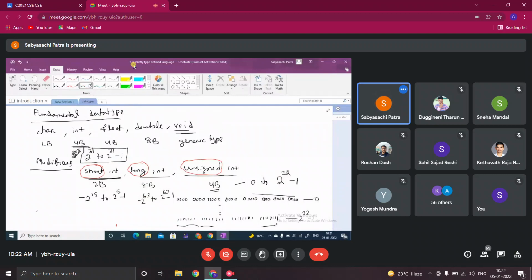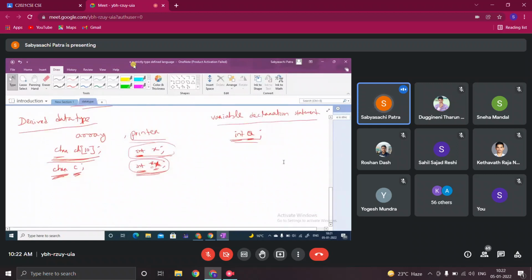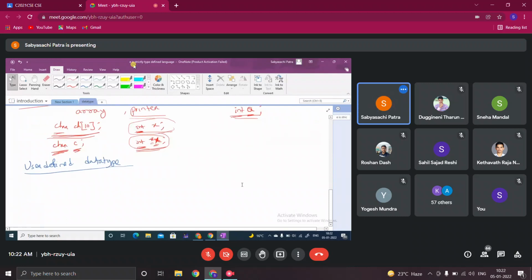Now the third category is the user-defined data type. User-defined means the programmer will define the data type. It is not invented; the programmer defines it.